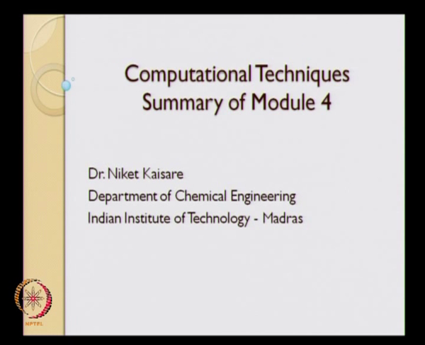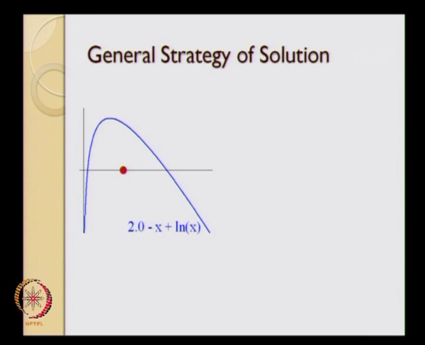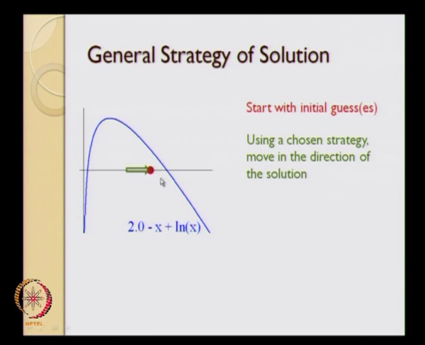Coming back to the summary, first we will summarize the overall nonlinear equation solving methods. All the equation solving methods that we looked at were iterative methods. So this is the overall algorithm that we had seen pictorially for this particular example. We start with an initial guess shown by this red dot over here, and then we use a chosen strategy to move this red dot to the next point. At this next point we verify if the stopping criterion is satisfied.